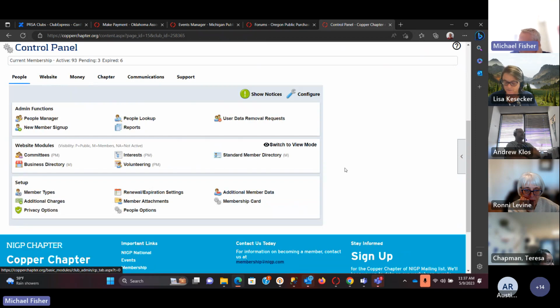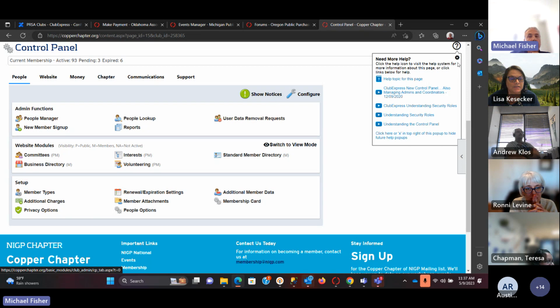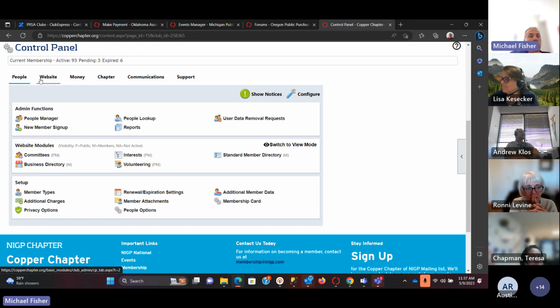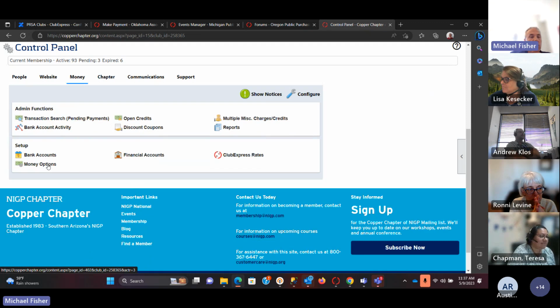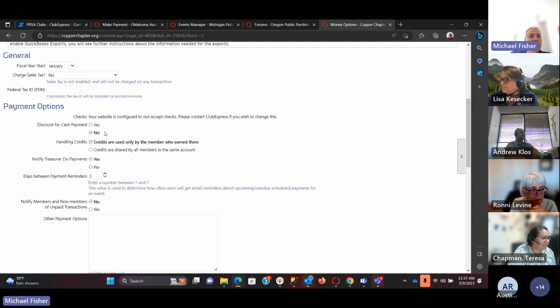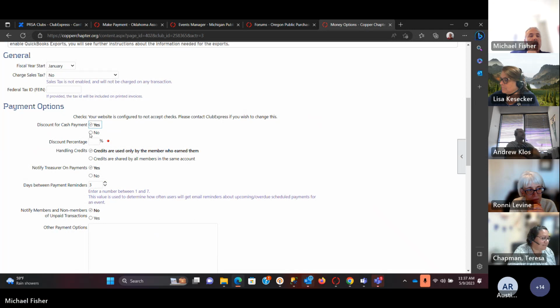This is a sticky point. In 7 states within the United States, it's illegal to pass through credit card charges, right? So the only option we allow you to do is to discount for people who pay by check or credit. So what we do then is if we go into money options and say you're going to offer a discount for cash, and then you have to figure out what the percentage is. So whatever that $1.25 is a percentage of 40, I don't know, was it 8%? It's not even 8%, was it 4%? Whatever it is, you would figure out what that discount percentage is.